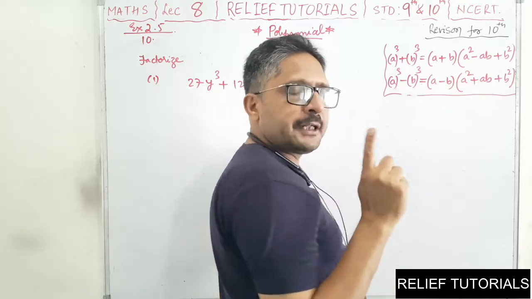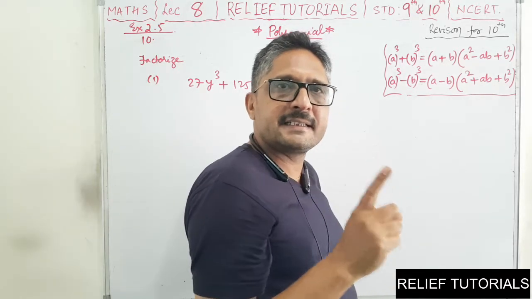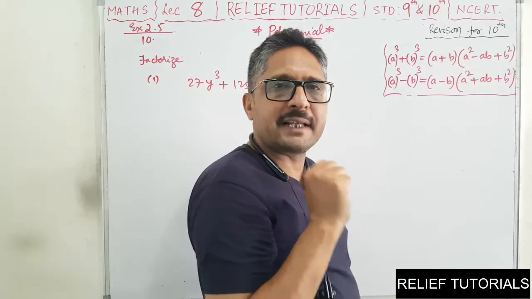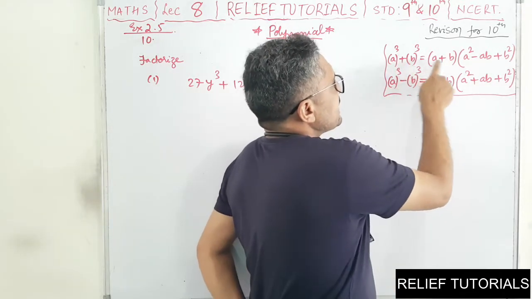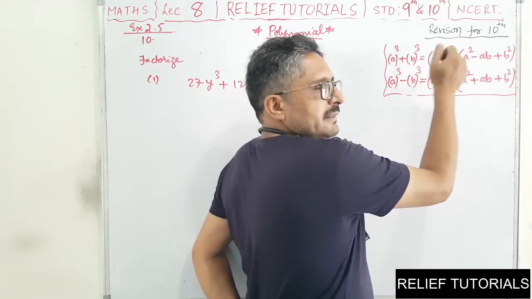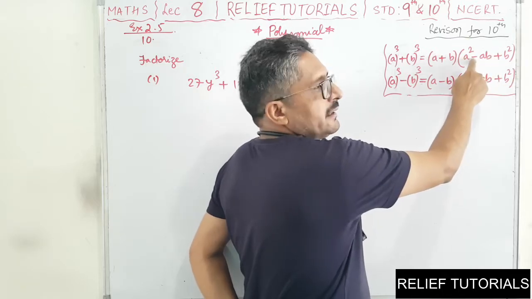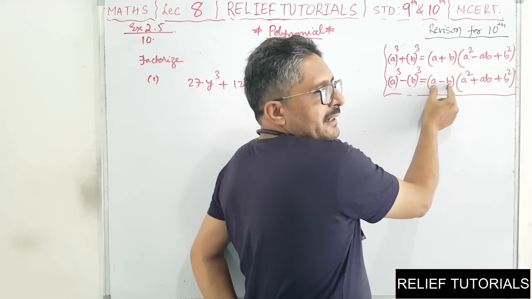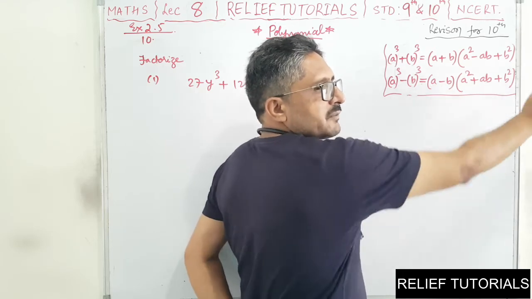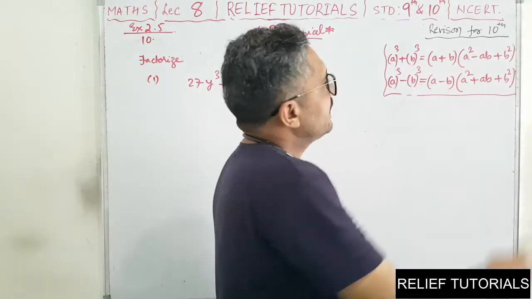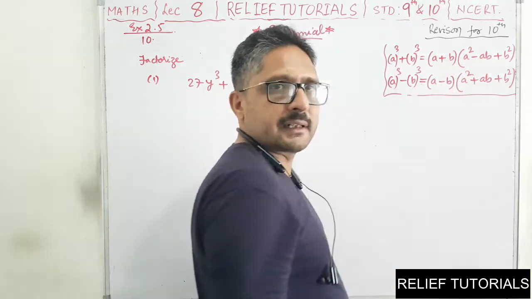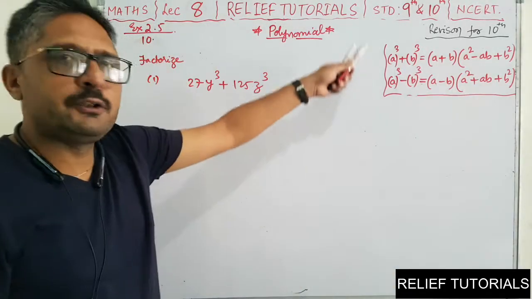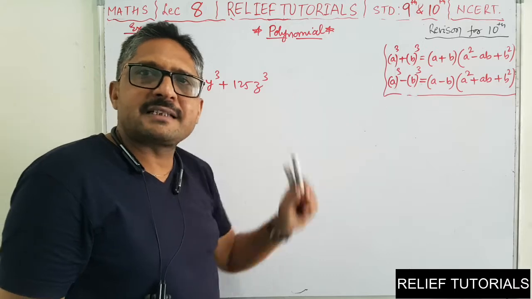One thing you have to keep in mind in this identity is that there is only one negative sign. If it is plus, in the first bracket you will get plus, that is confirmed, then the negative sign will be in the second bracket. And if it is minus, then in the first bracket there will be minus, so one negative sign appears, and the rest of the signs will be plus. The answer will be in factor form. Clear? Now we will use the application of these identities.